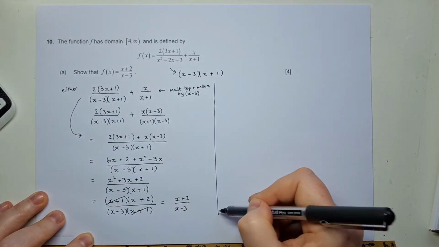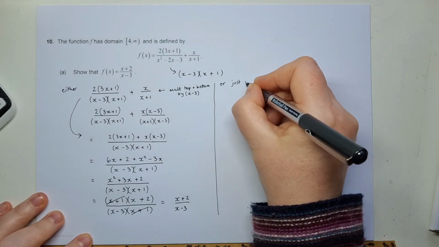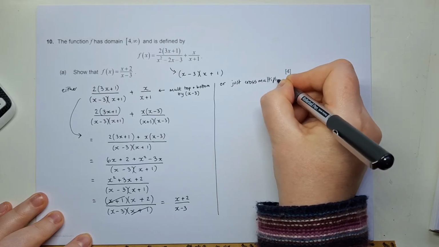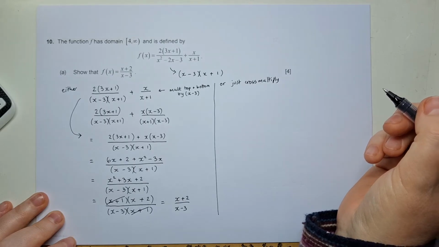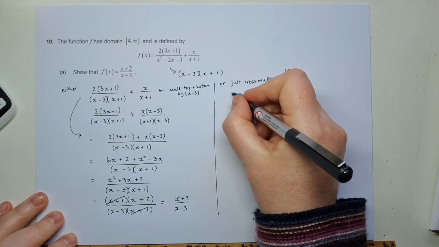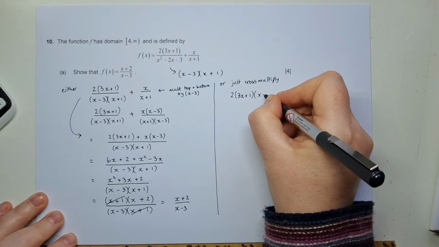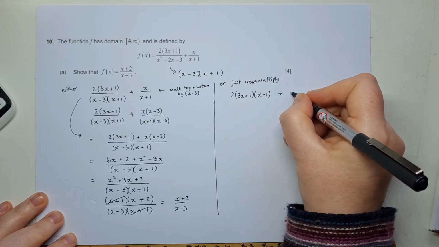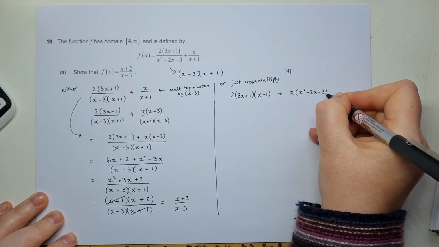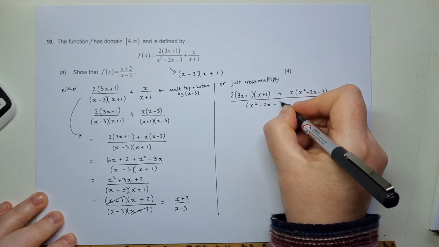Okay, so the other way of doing it is to just multiply the bottoms together and do a cross multiply. The problem with that is that you're probably going to get cubics, which then need more factorising. Okay, but it would work if you're careful and don't make mistakes. We're going to cross multiply, so times the top of that one by x plus 1 times the top of the other one by x squared minus 2x minus 3, and it's all over x squared minus 2x minus 3